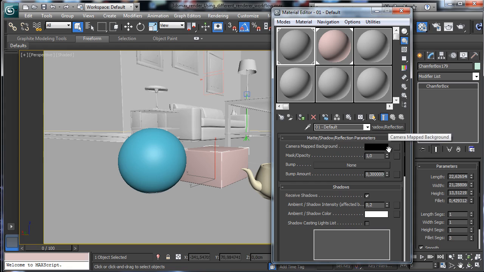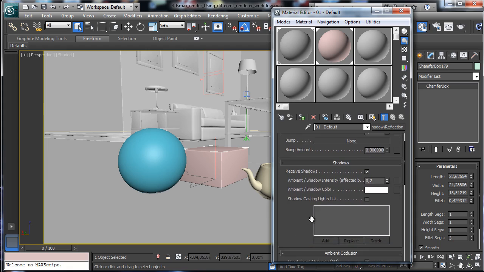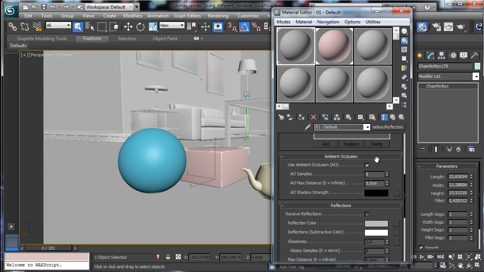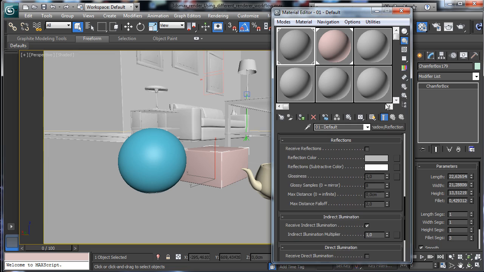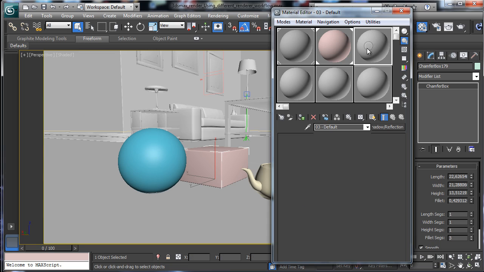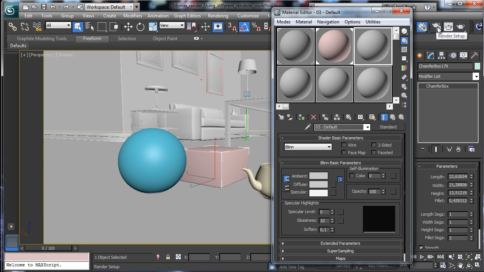That's our environment, and we say for the moment, yes, it receives shadows, but it will not be important for the moment. It will receive also a matte occlusion, and for the moment we have no reflection. So back to works there. And if we go to render,